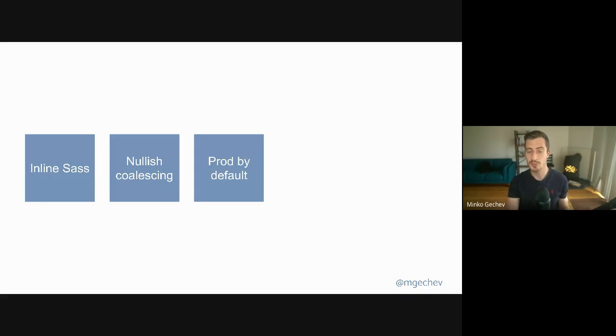We enabled production builds by default. This doesn't mean that when you run ng serve, your build is going to be production. No, it's still going to be development. But if you run ng build, or if you run npm run build or yarn build, you're going to get a production build. This is way safer for folks because, unfortunately, we have seen a lot of development builds in production, which is very suboptimal. And also, it provides us better interoperability with platforms such as Vercel,